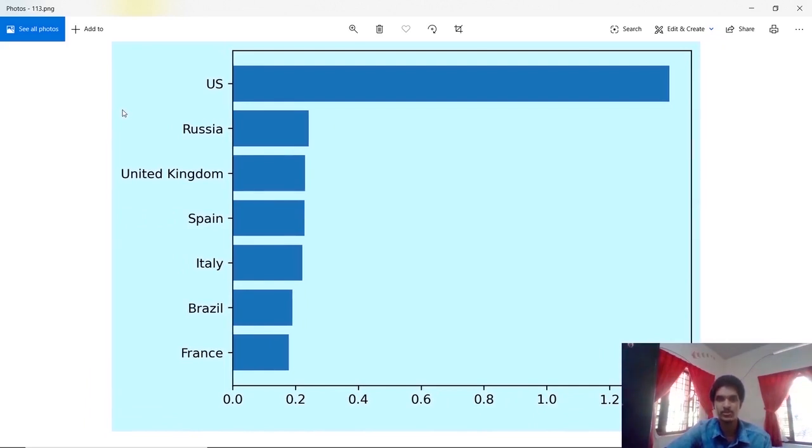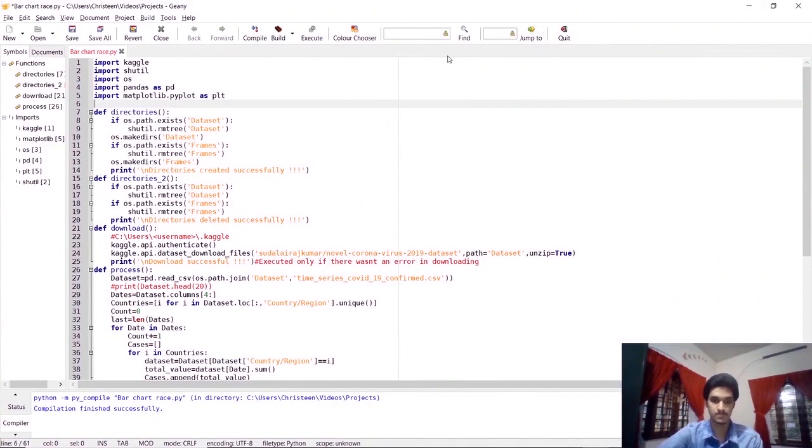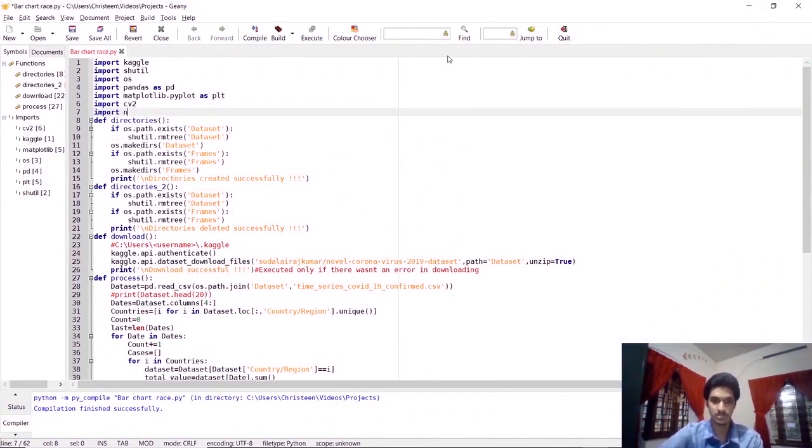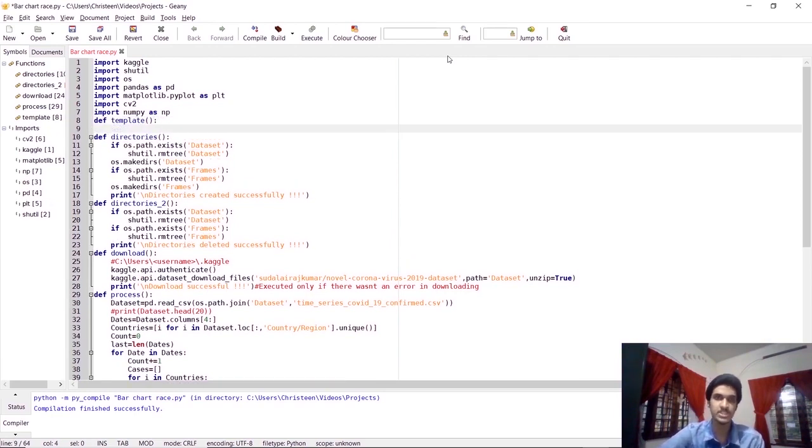We have now completed data visualization and we can move on to image processing. We need to import OpenCV and NumPy. Import cv2, import numpy as nb. Let's define a function template. We can create our template image using a 3-dimensional NumPy array initialized with the same light blue background that we used earlier. template equal to nb.full